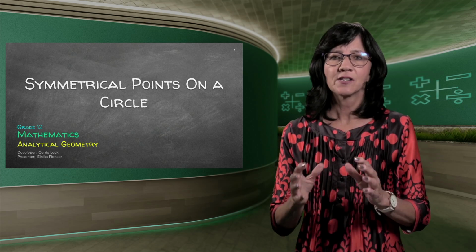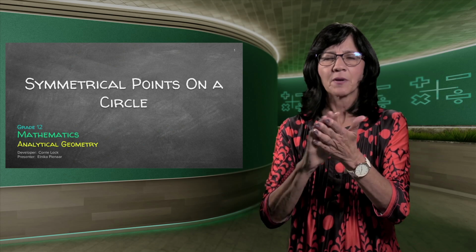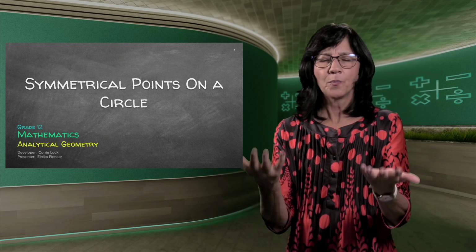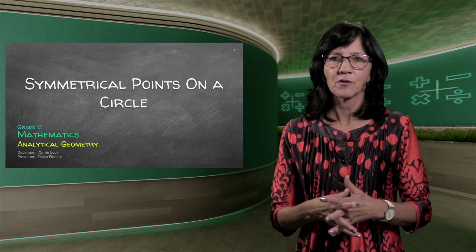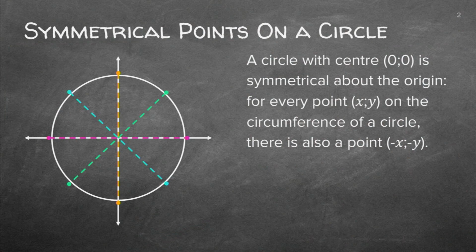Now, we need to understand symmetrical is if you fold a paper in half, and there was some coloring and you rub it, and you open it, it will be symmetrical on both sides. So that is what symmetrical means. So let's just see in this sense on a circle.